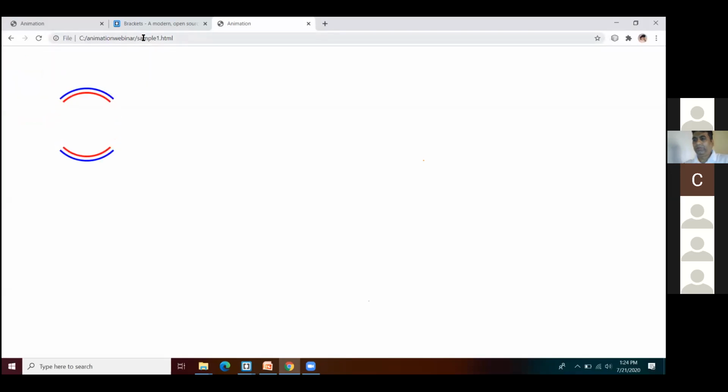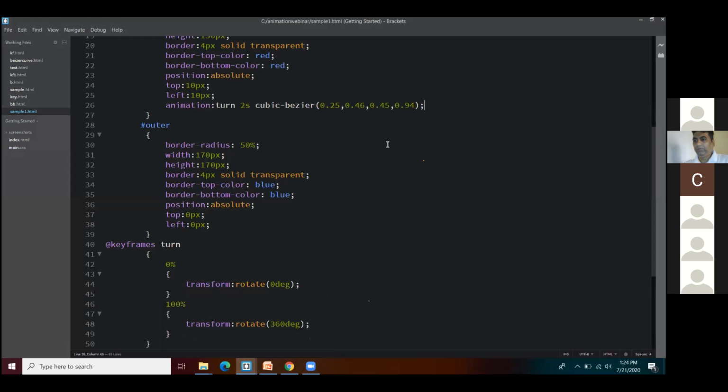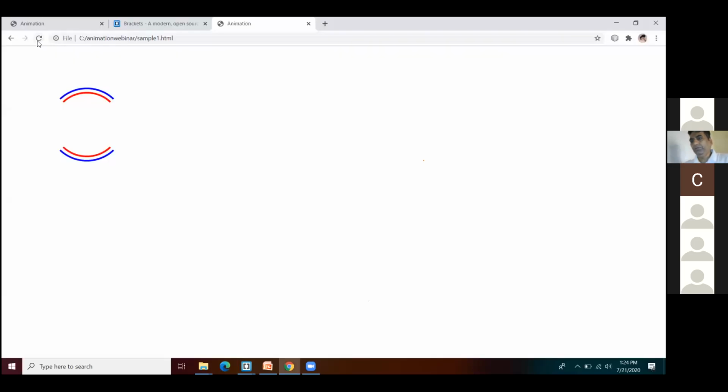So you can see there, my circle is rotating. The inner circle is rotating over there, right? So I want it to rotate without any delay. It should rotate infinite number of times. So I'm mentioning it over there as it should rotate for infinite times. So see here, it's going on rotating repeatedly because I have mentioned my iteration count as infinite number of times. So inner circle is done.